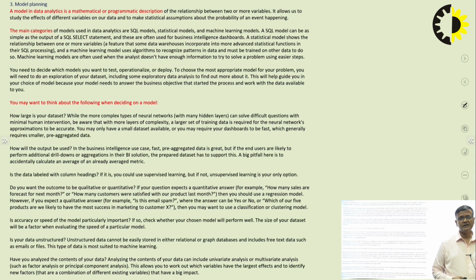You have identified your data sources. You have completed your pre-processing transformations and your analytics transformations. Now you are deciding which model to select out of these three models. So how large is your data set?